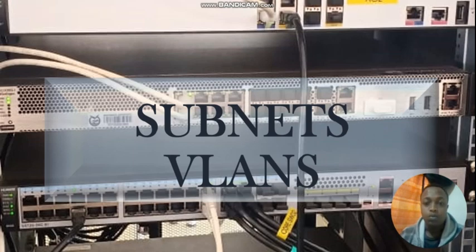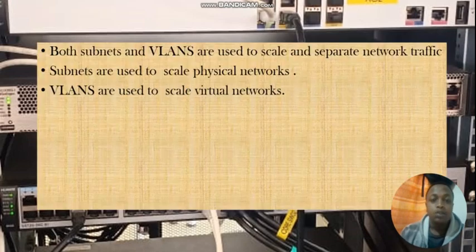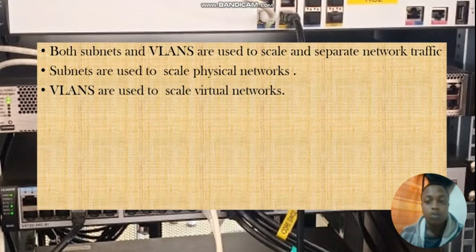So let's get into subnets and VLANs. So as we might all know, both subnets and VLANs, or virtual local area networks, are used to scale or separate network traffic. And when we are talking about subnets, we said that we are talking about physical networks, and this means that you have to deploy different physical devices in order to achieve the subnetting part of it. And when you're talking about virtual local area networks, we are talking about virtual networks, and this